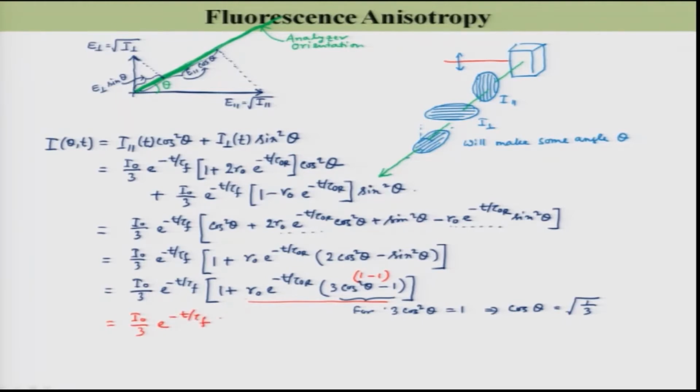See, for a particular value of theta, when cos theta equals root over 1 by 3, that means theta equals 54.75 degrees. When theta equals 54.75 degrees, that means if the analyzer is placed at an angle 54.75 degrees from the direction of excitation or from the I parallel,